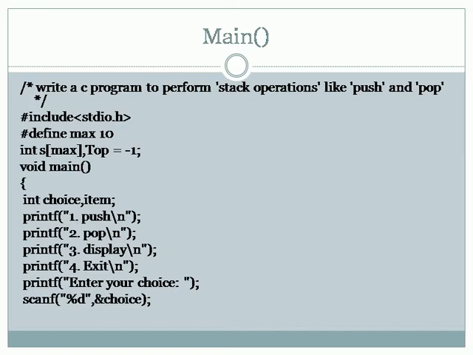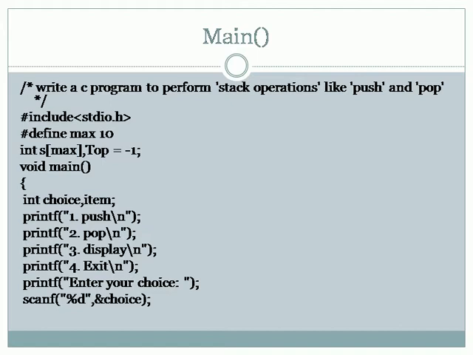We are including the stdio.h, which is used to include the IO operational functions like printf and scanf. Then here I am implementing the stack as an integer array. The maximum size of the stack I have considered is 10, using a preprocessor #define MAX 10. Then the integer array is created using the statement int s[MAX]. As we all know, when the stack is empty, top is pointing to -1, so I have set top equal to -1.